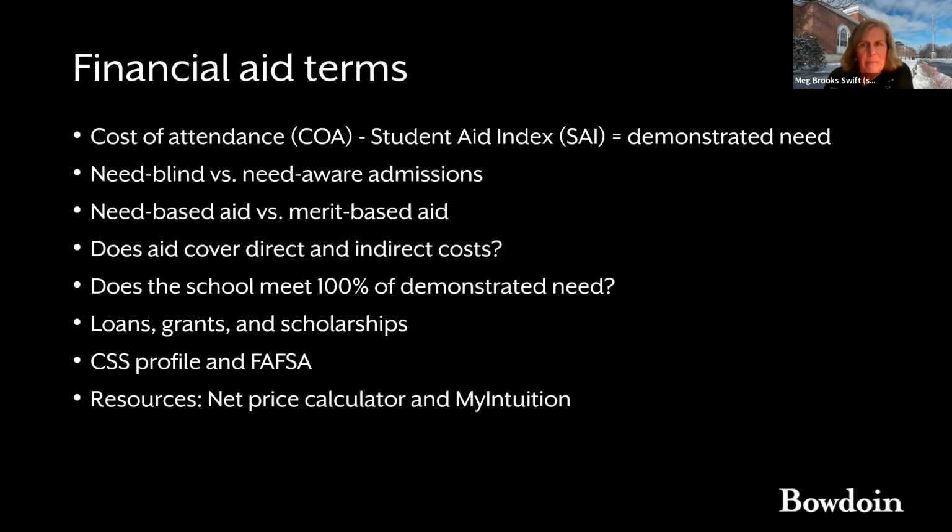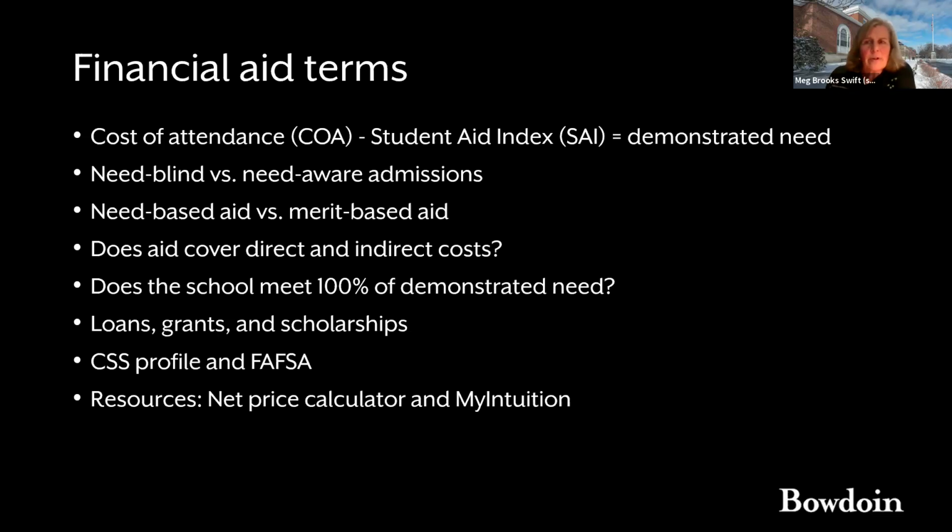Need-based aid versus merit-based aid. So colleges that meet 100% of demonstrated need sometimes do not offer merit aid. In other words, they operate on financial aid models that are committed to making education broadly accessible to those they accept. Merit-based aid, on the other hand, can come in the form of scholarship programs. Some colleges or universities have separate scholarships that students apply to, while some will automatically consider all students eligible for certain scholarships, and this is often referred to as merit aid.